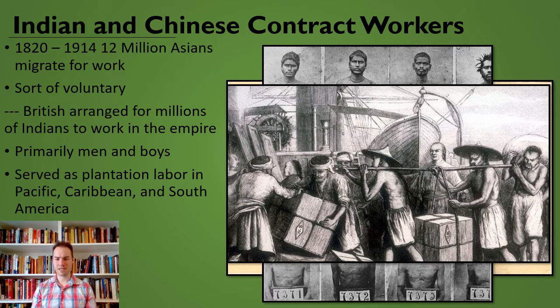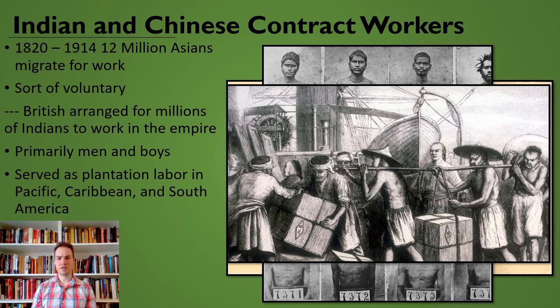The same was true with Chinese, particularly out of Hong Kong and Macau and places like this, southern China. But once these people are taken to, let's say, South Africa, they have a contract to work. It's kind of an indentured servitude. But these are not the arrangements that British folks made for themselves in the 13 colonies or something. These contracts are basically impossible to ever pay off or to ever buy passage home. So a lot of these trips are one way and change the demographics of the region significantly.